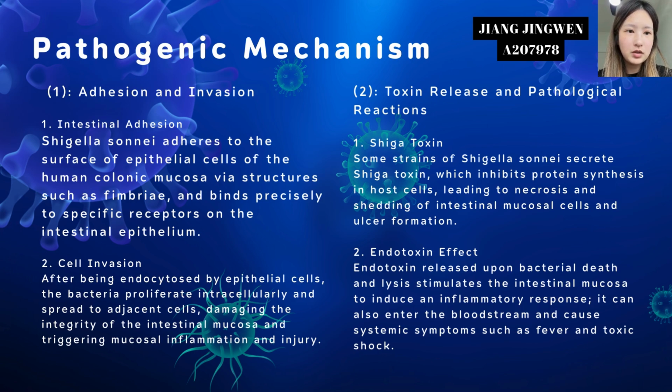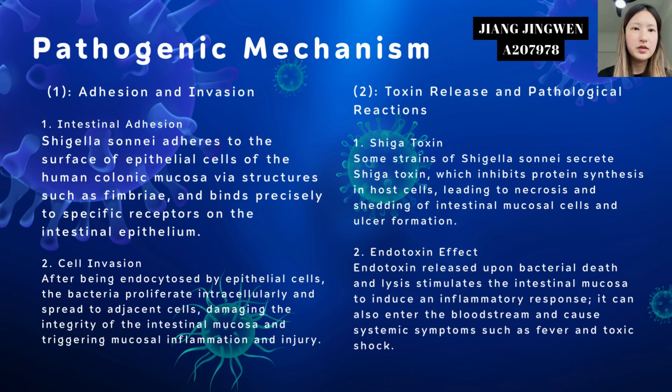After being engulfed by epithelial cells, the bacteria proliferate intracellularly and spread to adjacent cells, damaging the integrity of the intestinal mucosa and degrading mucosal tissue, causing inflammation and injury. The second one, toxin release and